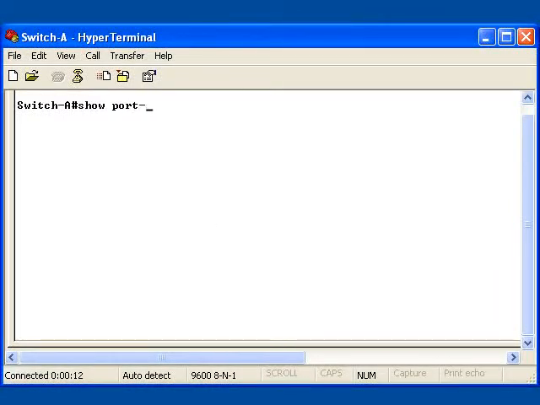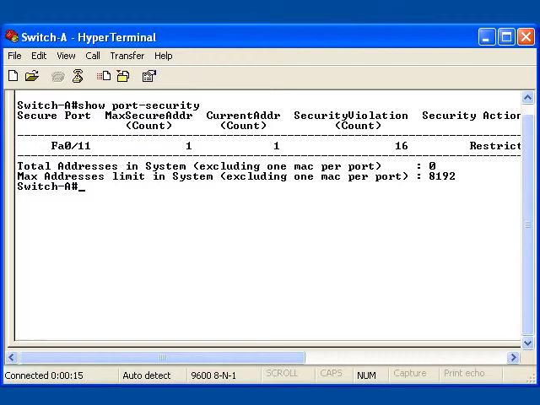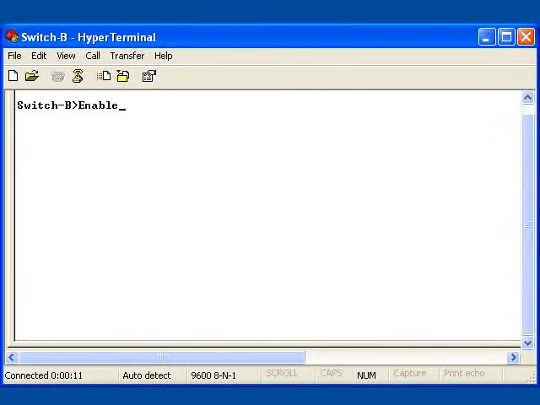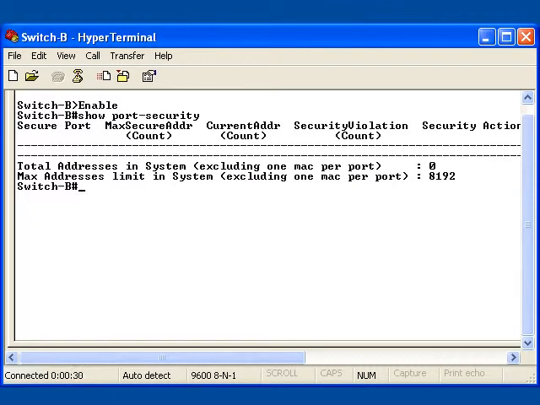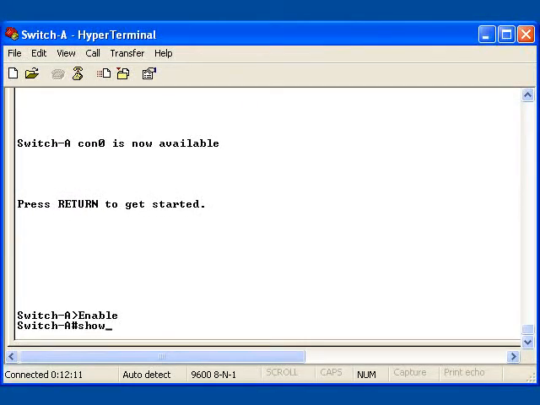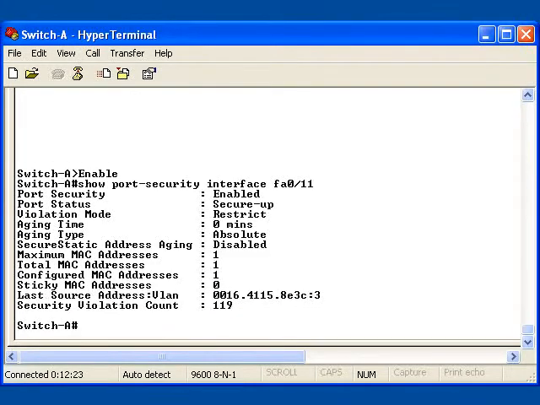The output of the show port-security command on switch A and switch C identifies the interfaces where port security is enabled. As displayed, port security is enabled only on switch A interface FA0/1. As the security action is restrict, it is possible that offending frames are being discarded irrespective of the connect state of the interface. As indicated by the output of the show port-security interface FA0/11 command, the violation mode is restrict. The violation counter is 119, and the last MAC address to send frames to FA0/11 is